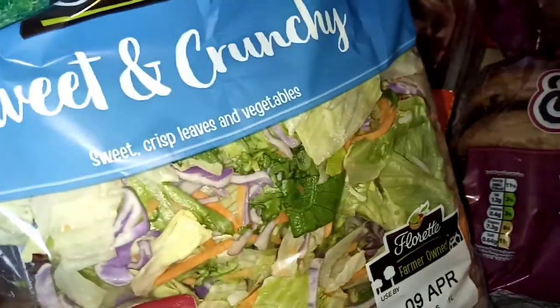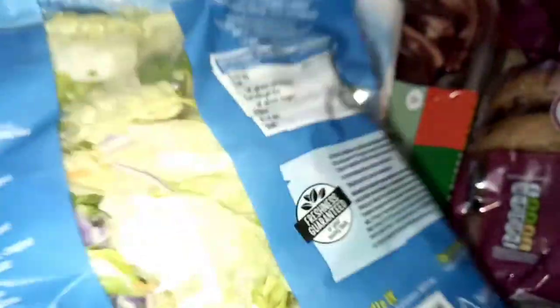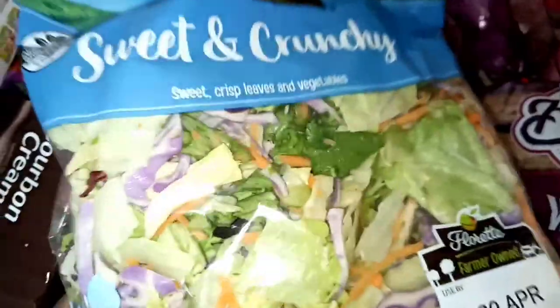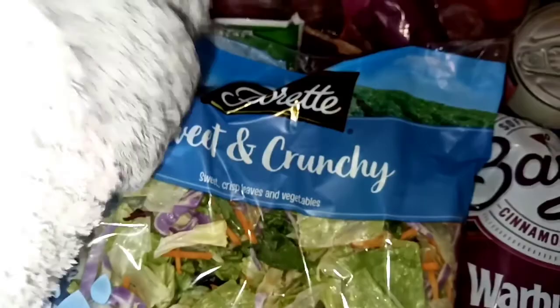With this I decided to get some sweet and crunchy veggies, and always check the date because sometimes supermarkets send you stuff that's out of date very soon, so you might need to use those very quickly. So yeah, salad is definitely always needed in my house. So what's next is